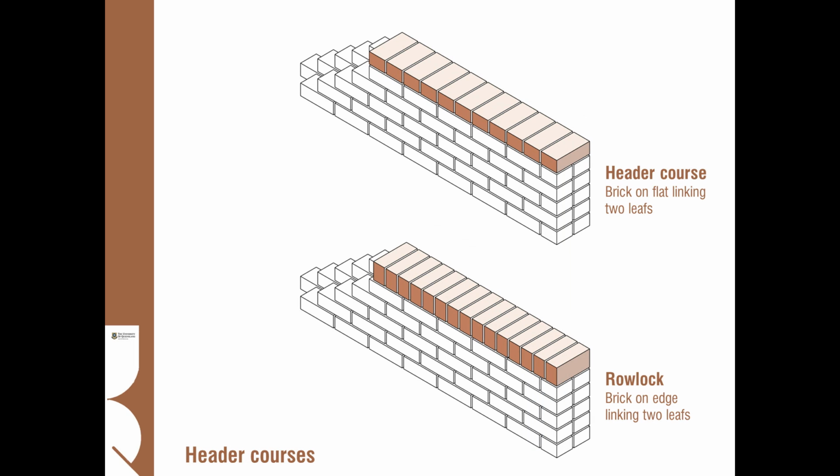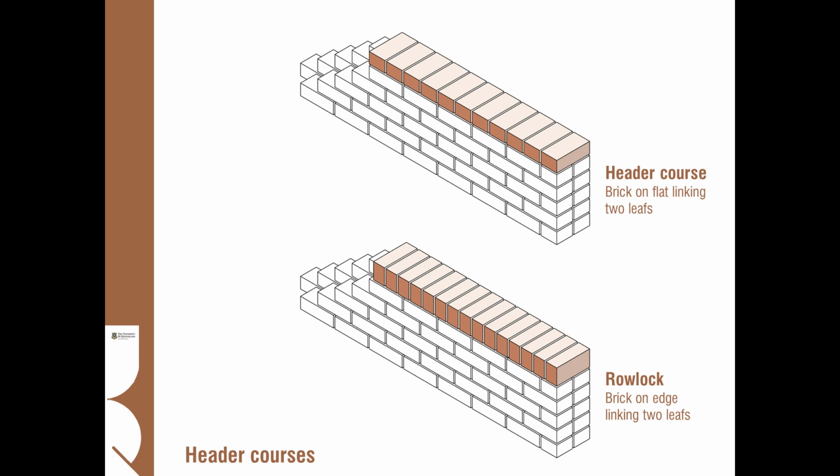Now, when we start to talk about double leaves and solid masonry walls, they do need to be tied together in some way. In contemporary situations, we do have metal ties, but in traditional and even in some landscape walls and so on, we use what's called header courses to tie the two leaves together. So here we can see two very straightforward stretcher bond walls, and we've put a header course to tie the